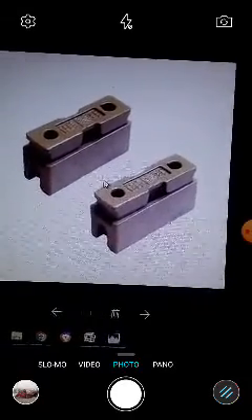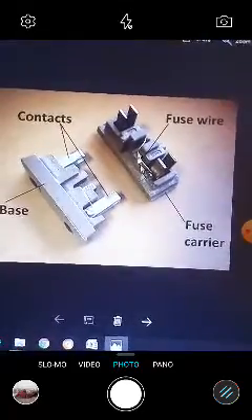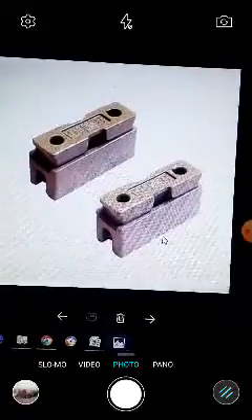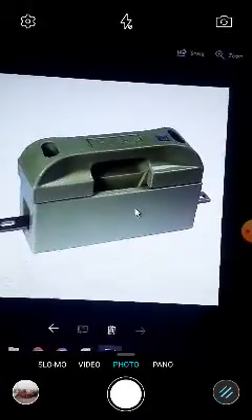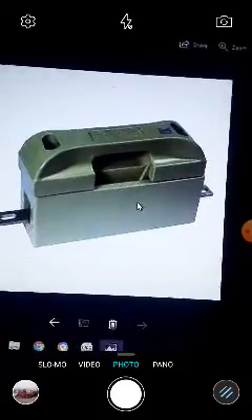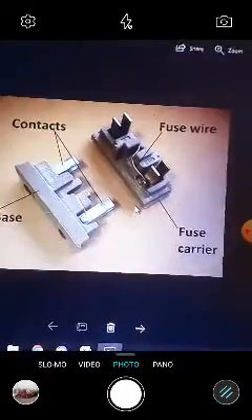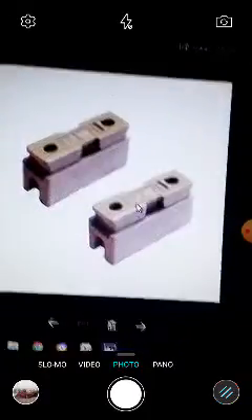And the fuse carrier, if it is removed from the body, how does it look? We will just look at it. This is a fuse carrier, and this is a complete body, and at the same time the fuse carrier. This is another type of fuse carrier, or the rewirable fuse. You have three pictures, which will help you to understand what we are going to draw in the upcoming class.